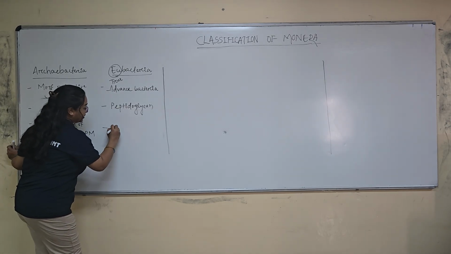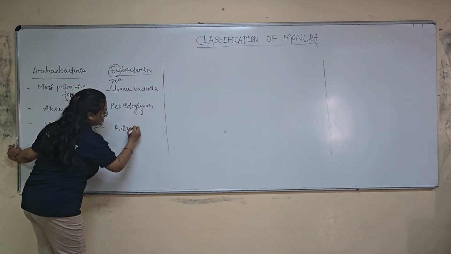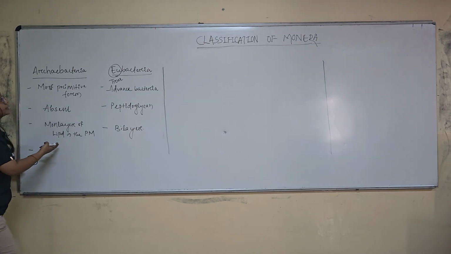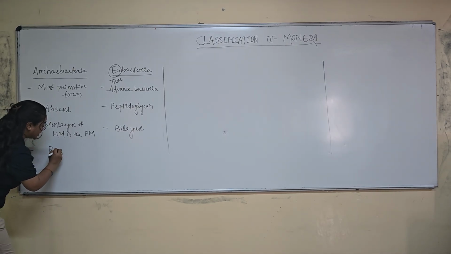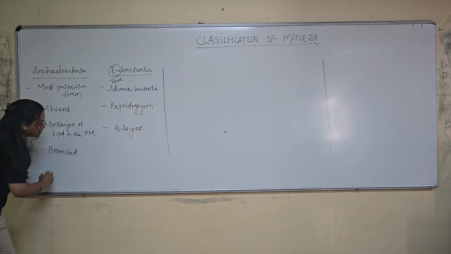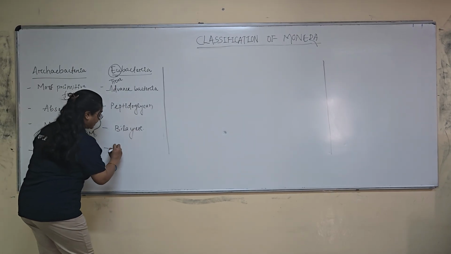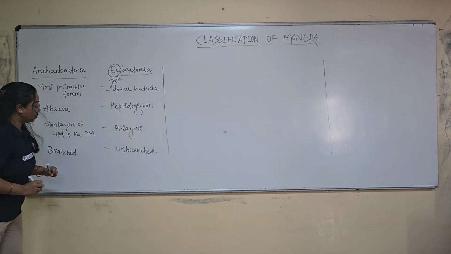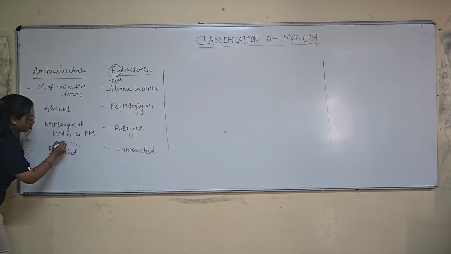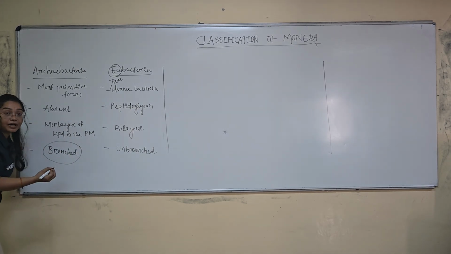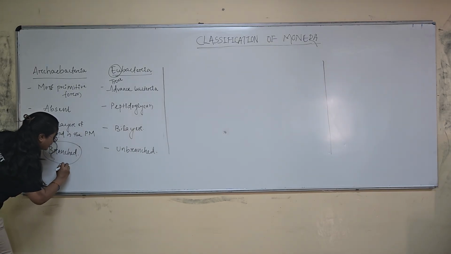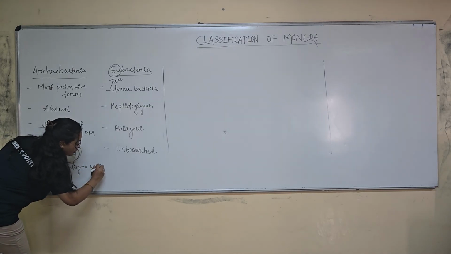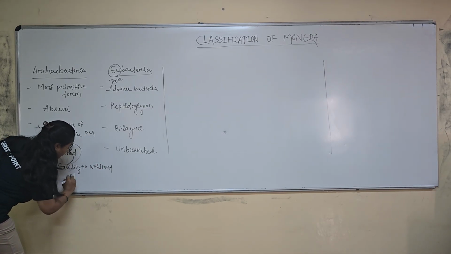The plasma membrane is bilayer. Okay. Also, the lipid in the plasma membrane in this Archaebacteria is branched, and in case of the Eubacteria, it is unbranched. So this branched structure of the lipid that is present in the plasma membrane gives it the stability to withstand high temperature